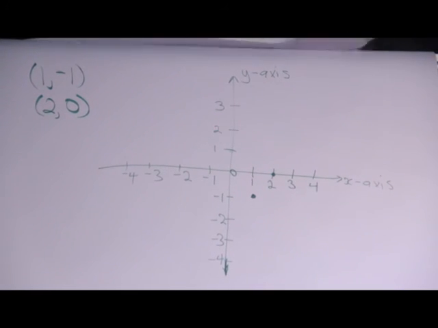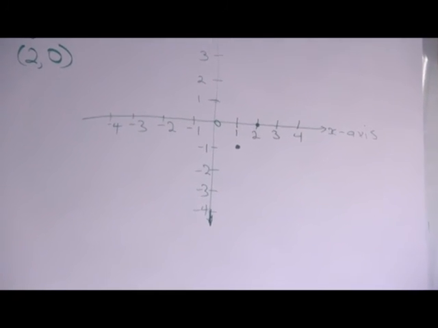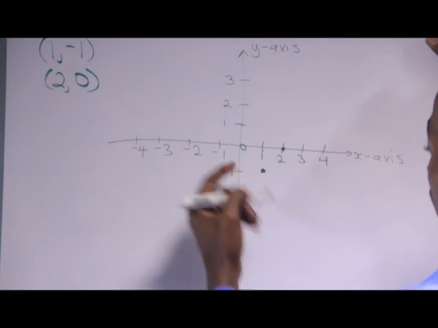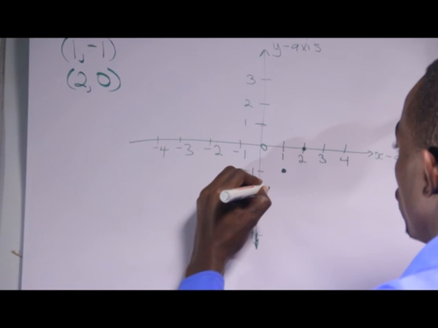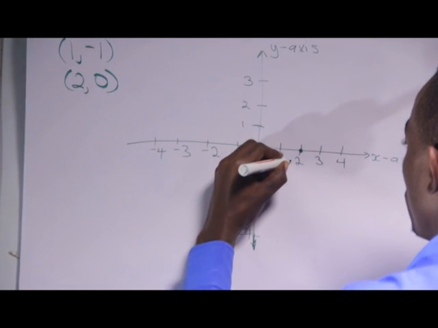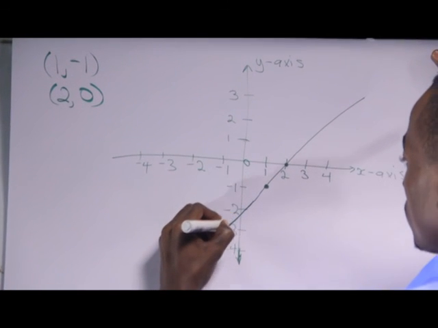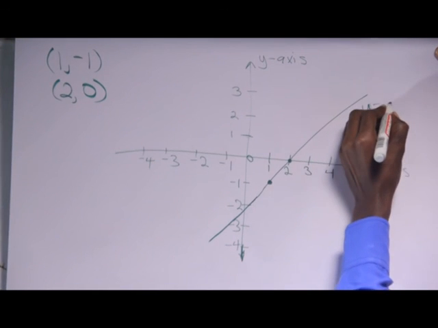So I have 1, negative 1, 2, 0. Okay, for the sake of time, we shall just add these 2. Then after you plotted the 2, what you do is you draw a line that passes through the 2 points, like that. So this line is the line y is equal to x